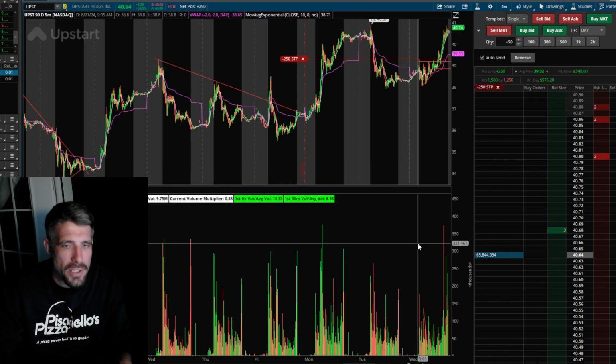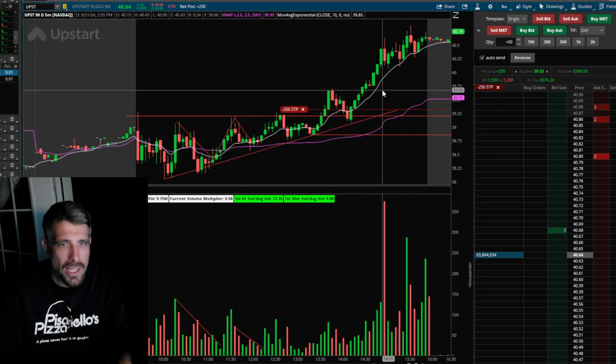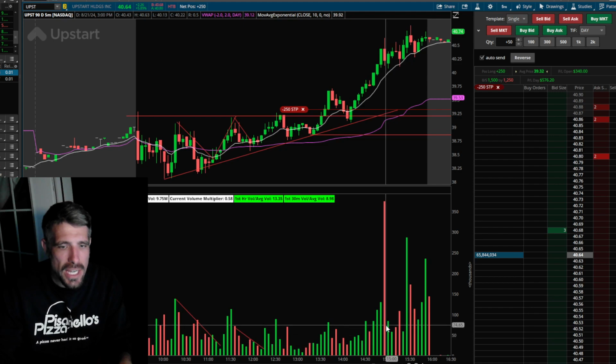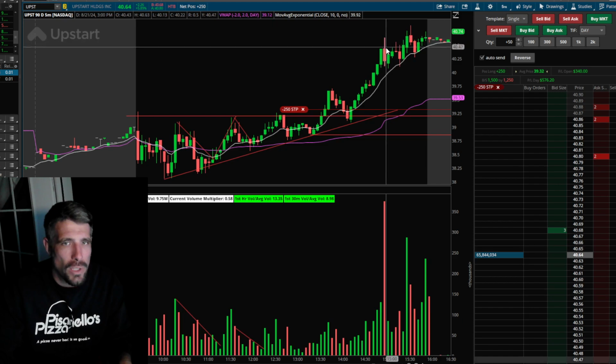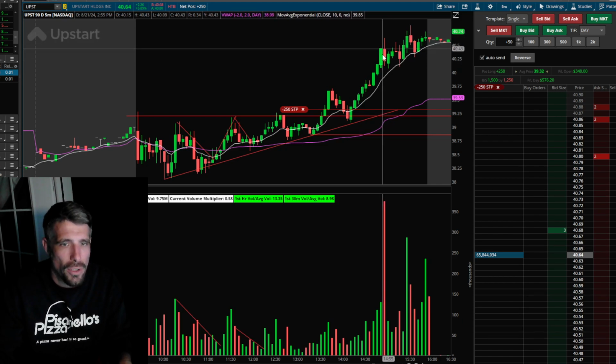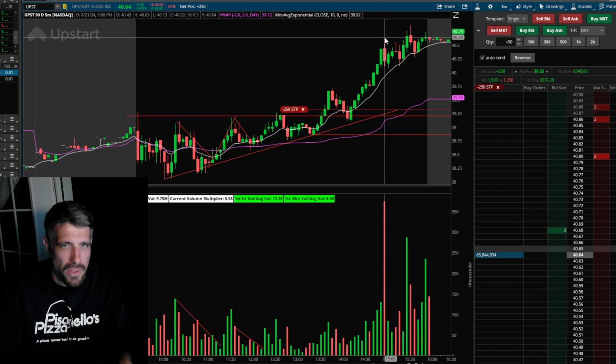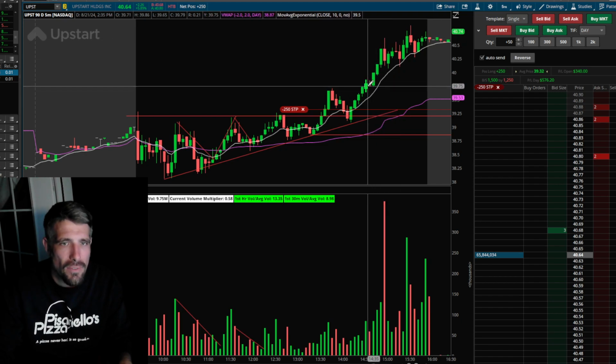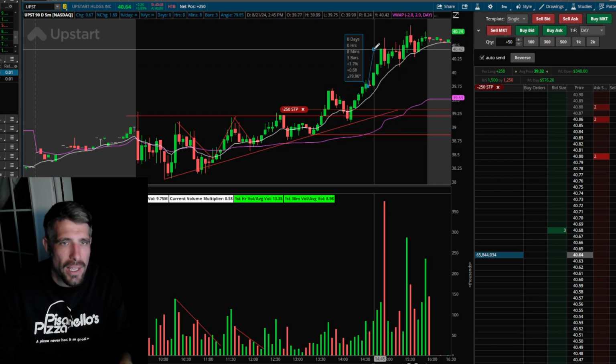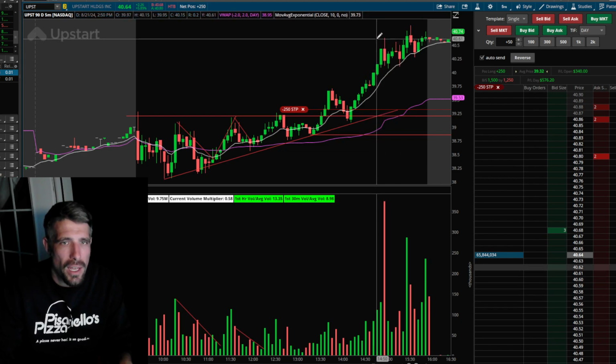Now, you can consider this a volume anomaly as well, because it's just an enormous volume candle right here. 374,000 shares traded in 5 minutes, and it only moved this small amount, where if you added these last 3 candles up here, they would be way bigger than this candle. We can even measure it here. So that is 1.7%.